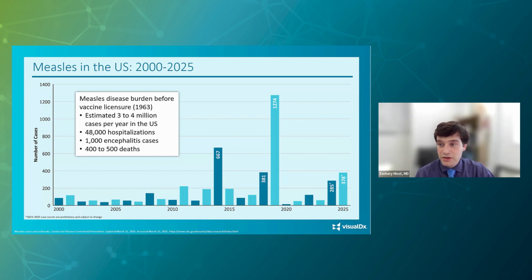But there have been measles infections in the United States throughout this time. Most of these are in people who traveled to measles endemic areas and then returned, and occasional small clusters of infection in the United States occurred from those index patients who traveled. There have been a couple of notable larger outbreaks since elimination. In 2014, there was a large outbreak associated with exposures at Disneyland. And in 2019, there was a large outbreak that occurred mostly in New York. Note that this slide is already out of date for 2025. There are already over 800 cases reported in the United States in 2025, and the numbers keep increasing every week.